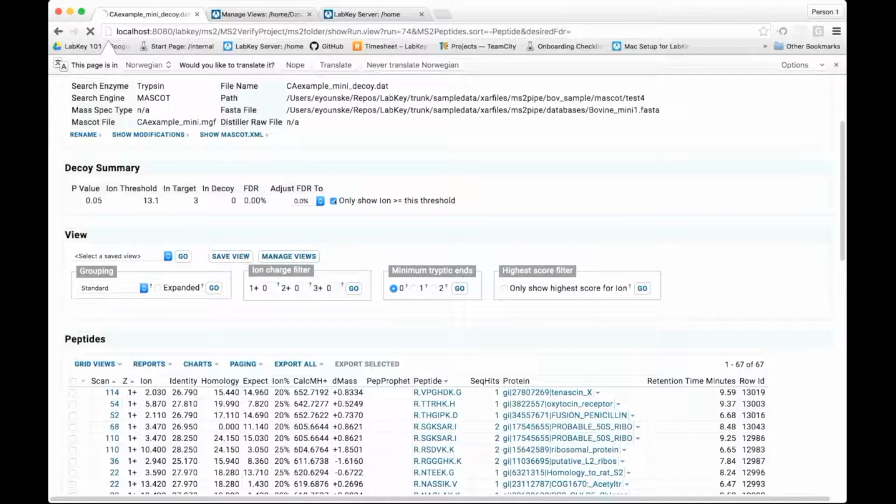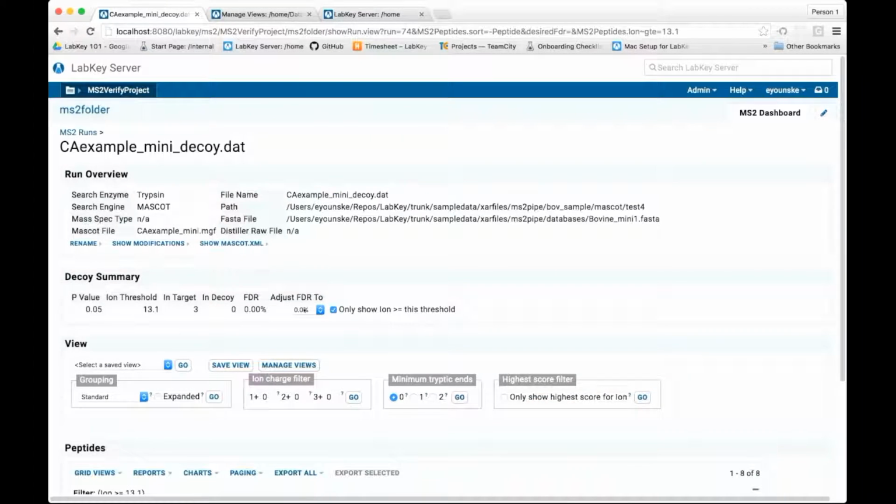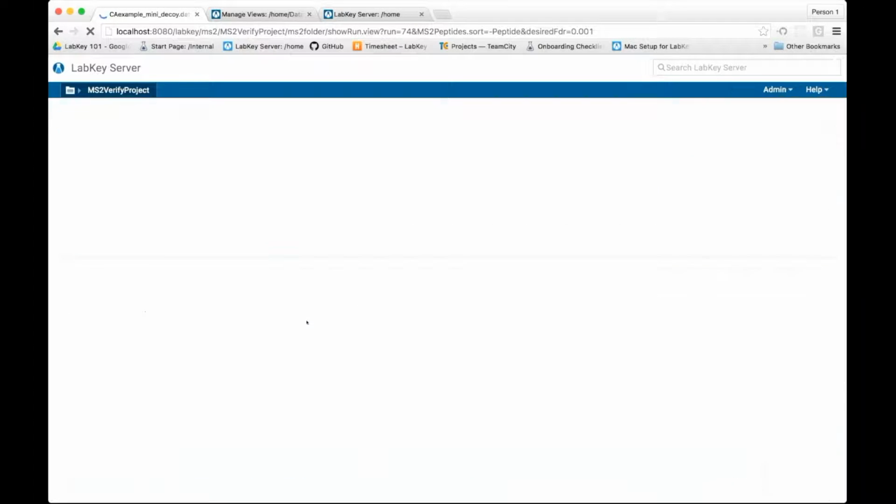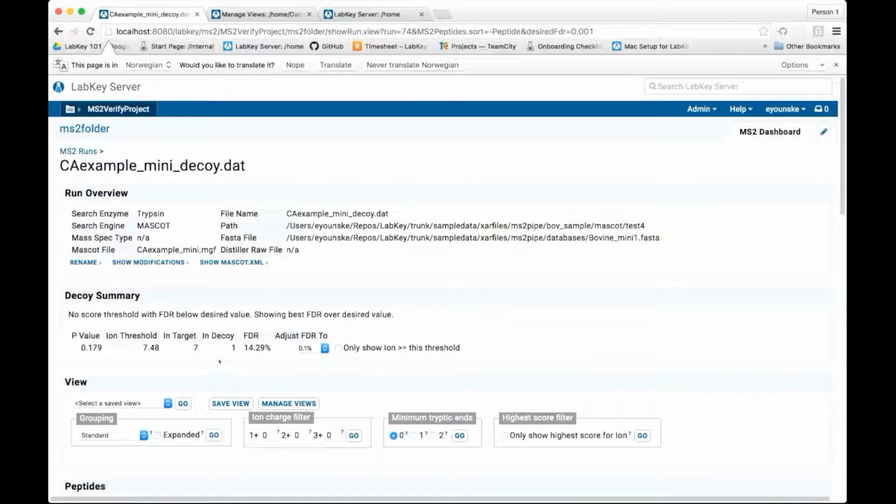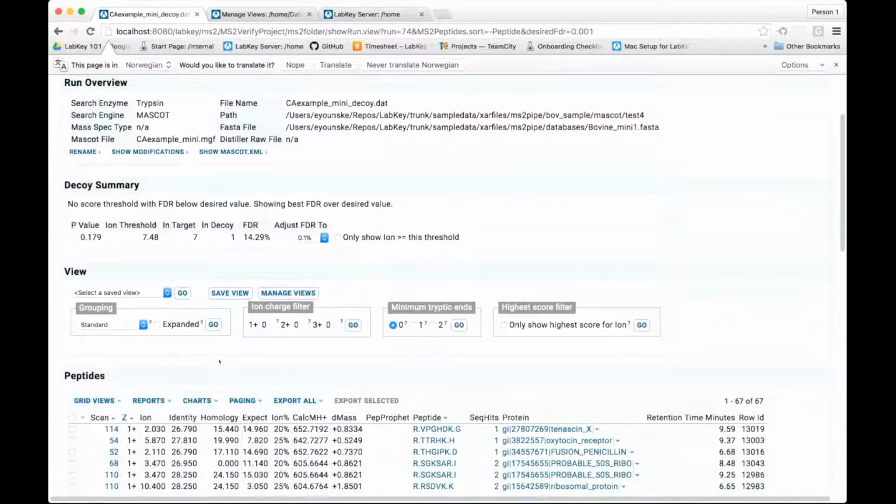Now, if we change this adjust FDR to value, it will actually change the ion threshold. Say if we pick 0.1%. Now the ion threshold becomes 7.48. But note, this is a little bit tricky here, that the only show ions greater than or equal to this threshold box is no longer checked. When you switch the FDR, this checkbox will become unchecked, and you'll notice here the ions are underneath that value again. So if you want to filter again by that new threshold, you'll have to check that checkbox again,